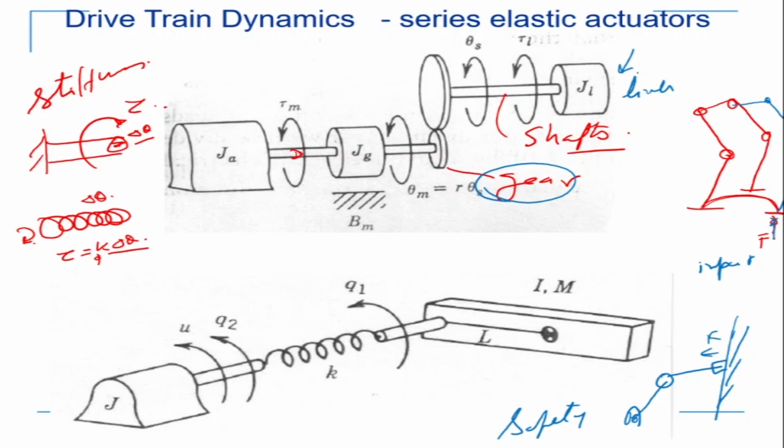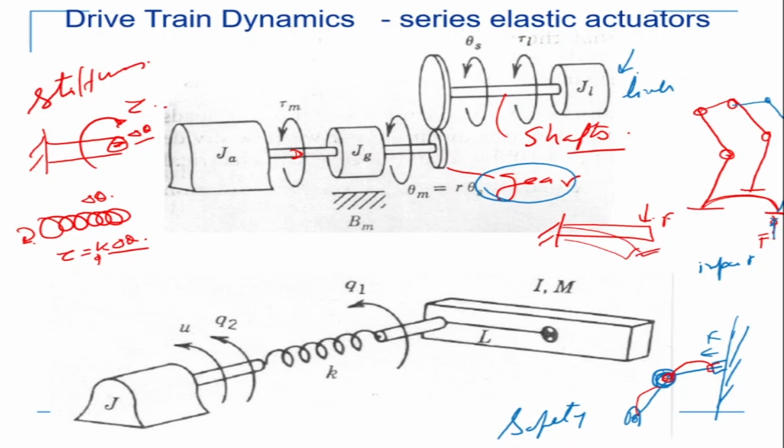Now suppose I have a mechanism of absorbing the shock, or the force which is coming. What can I do? I can put a spring there, or I can make the link itself compliant, flexible, such that if it hits, what will happen? The link will bend like that. I hope you can imagine. Or this link will bend. So it's a shaft. If I give a force there, it will just bend. Okay, so it is like absorbing this force. This is in the case of a link flexibility.